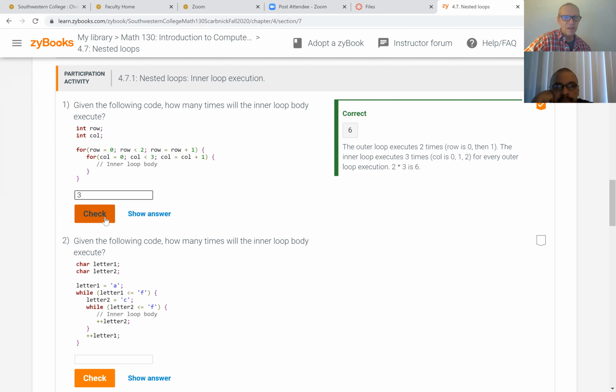I thought it allowed me to do it again. Okay, whatever. Maybe it's only when you do it wrong. I think if I open this up again, when you close the Zybook and open it up again, your answer's gone. But yeah, okay, so I think in these problems, they're talking about the whole loop executing,